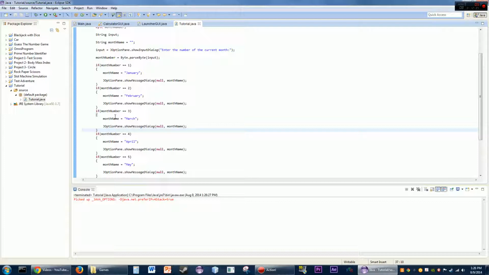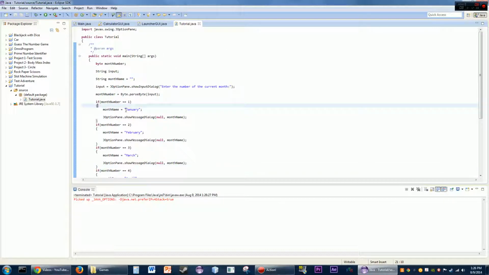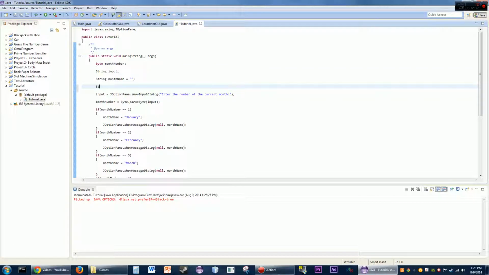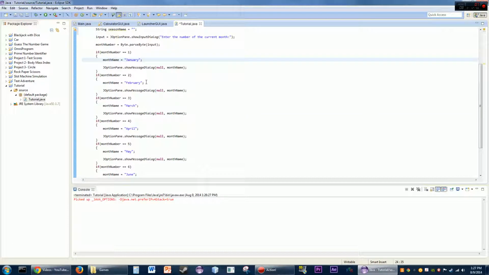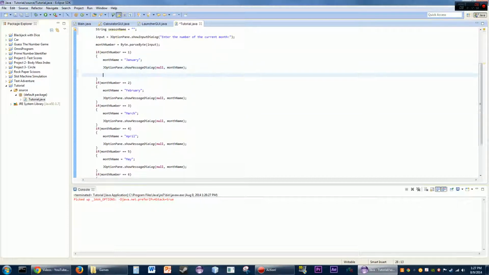And you could actually nest these. So what do I mean by nesting? Well, let me show you this. If you'll notice, well, actually, no, I didn't add it. I was doing that in testing. So let me do string season name. And I'll go ahead and initialize that too, just in case, because it's good to initialize it, just in case. At least for that one, because, never mind. Okay, so season,